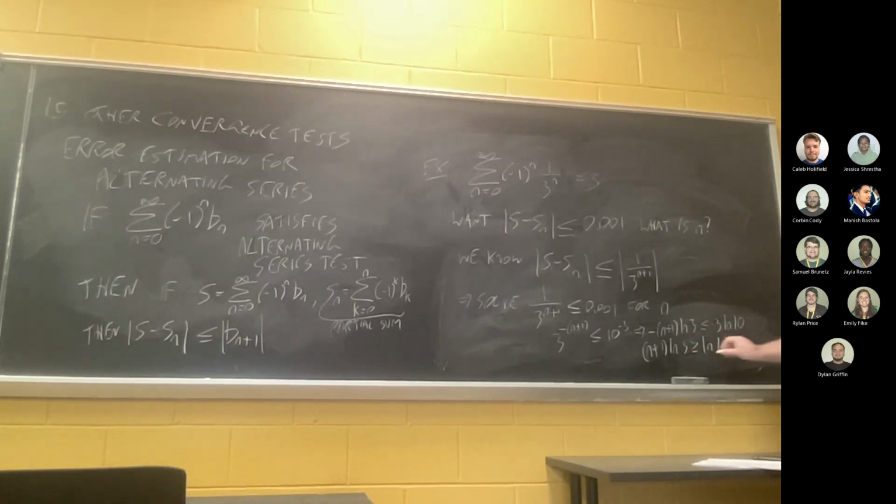I can divide both sides by natural log of 3. And then I have this plus 1, I can move to the other side. So what I get is n must be greater than or equal to roughly